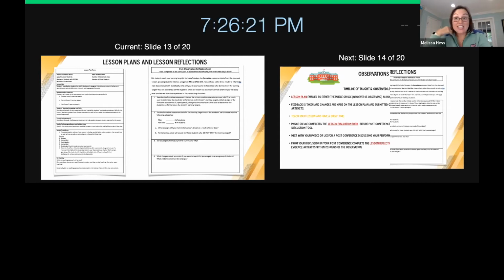Now, it might not actually happen in the real classroom because things typically don't go as perfectly planned, but we want to see best case scenario that you have thought about all of these things in depth. So please make sure that you are writing in complete sentences. I know that sounds funny to say, but there's reasons behind me saying that. Please make sure you're writing in complete sentences and really in-depth thoughts, showing us that you should be in student teaching. Sarah, if you want to jump in at any moment, please feel free to cut me off if you have anything to add.